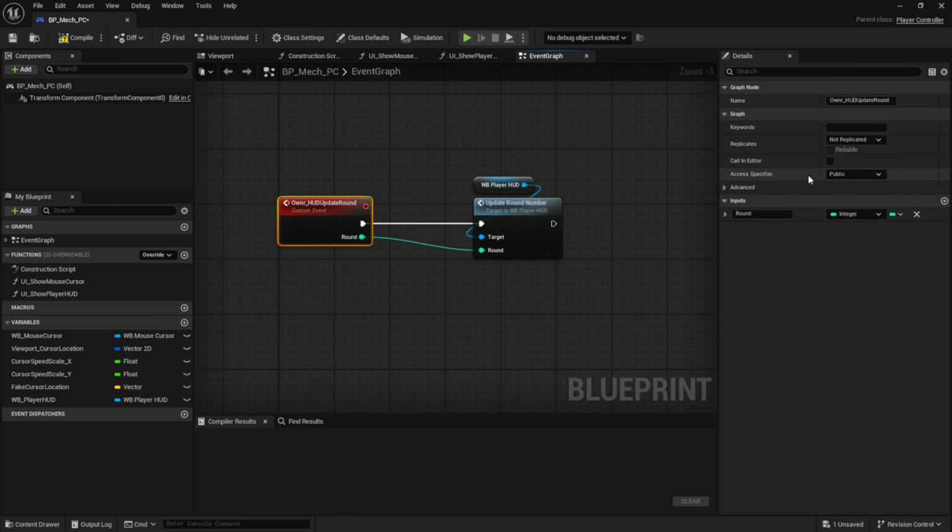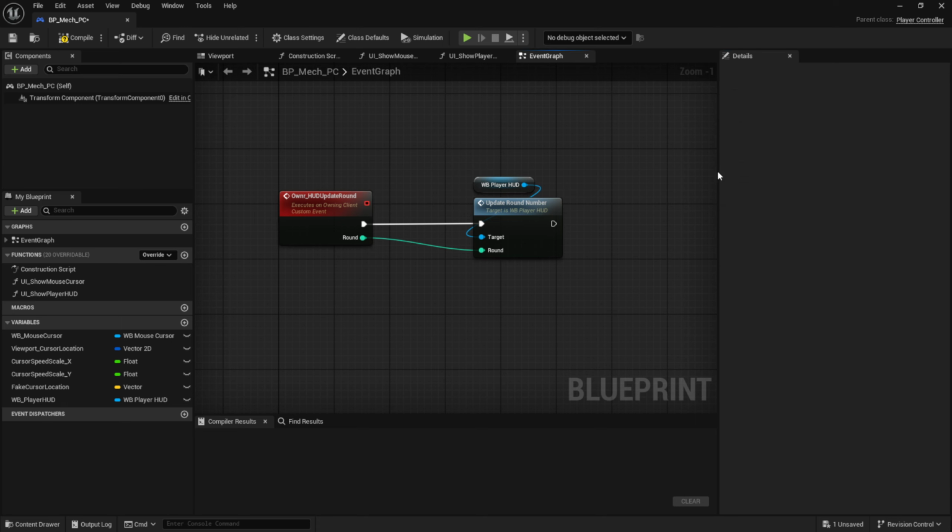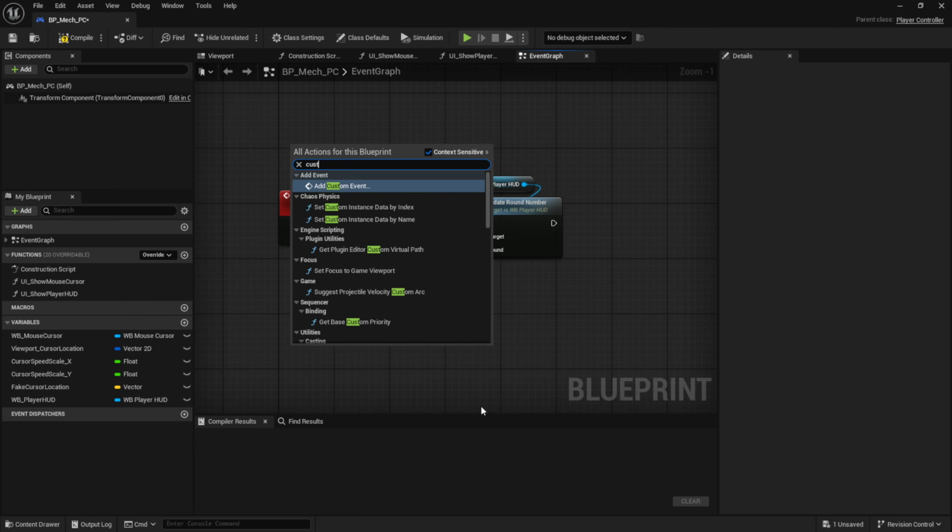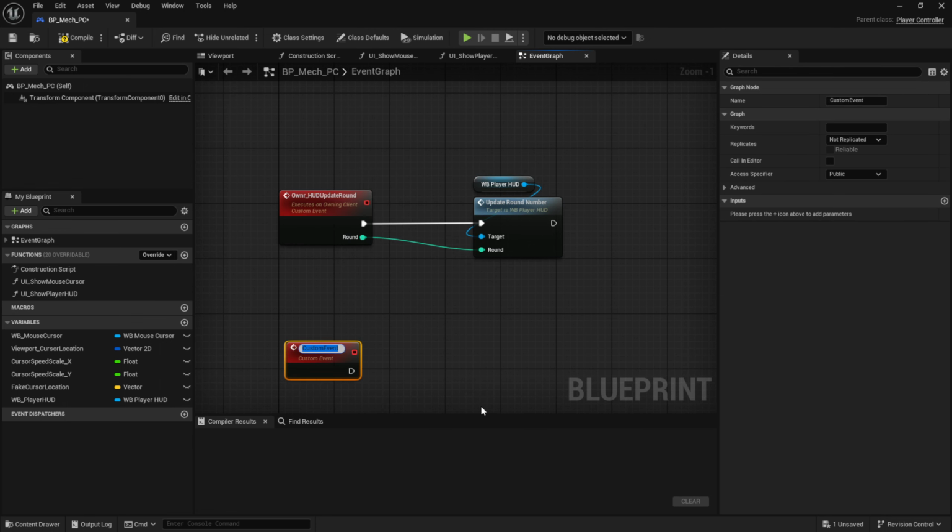So for this event we want to make sure that we set the replication to run on the owning client, and we're going to make sure that this one is reliable as well, to make sure that they actually execute, because we're calling these from a for each loop, so they're bunched up, and we want to make sure that the text actually is correct on the screen, and it will also get removed at the end. So I'm going to make this event reliable, then create a second custom event and call this one owner HUD